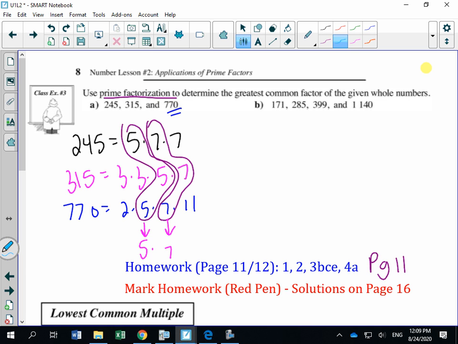The GCF of, I'd like you to tell me what numbers you're taking the GCF of. 245, 315, and 770 is 5 times 7? And what's 5 times 7? 35. That's your answer. Now, some students are going to be like, four numbers, I got to find the GCF